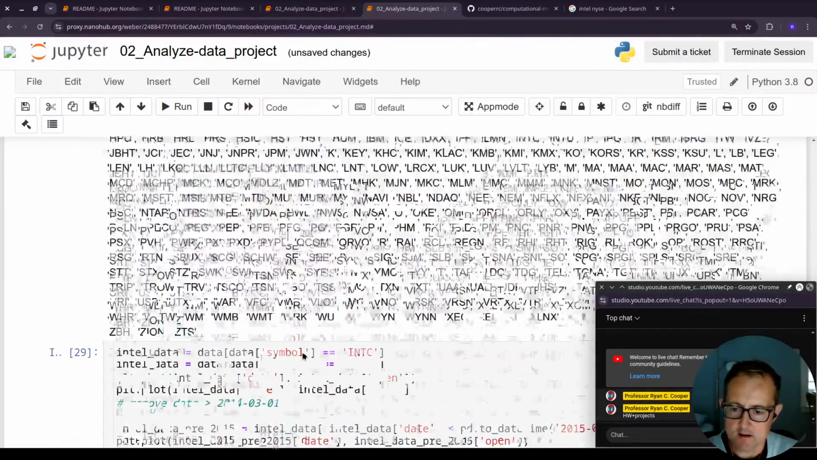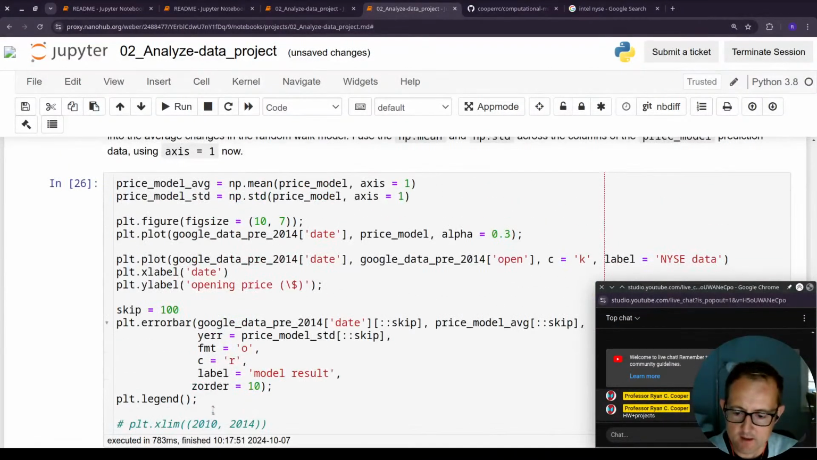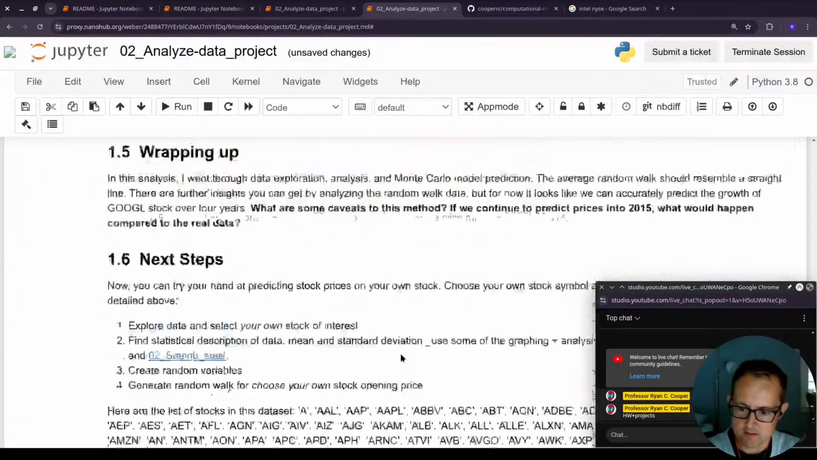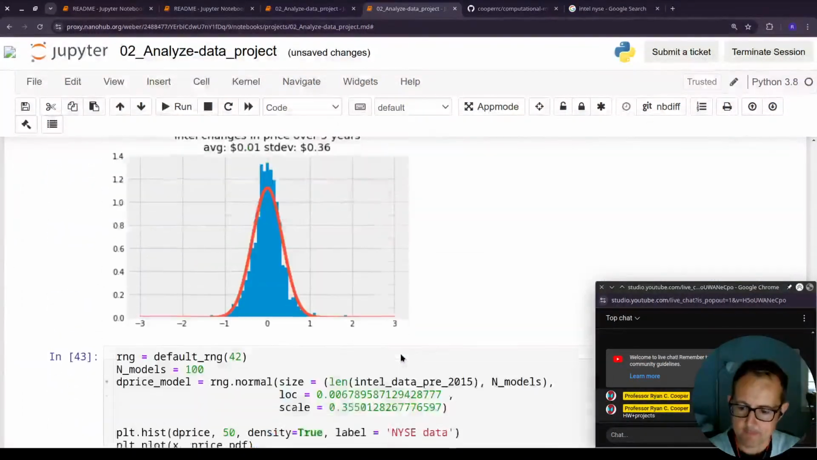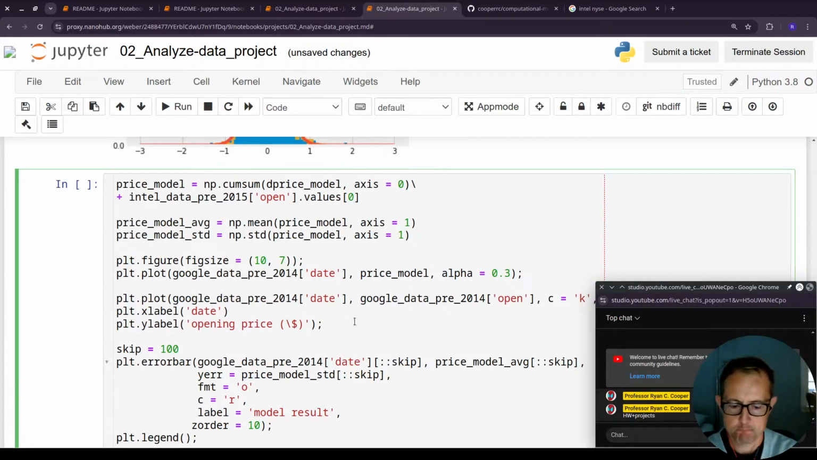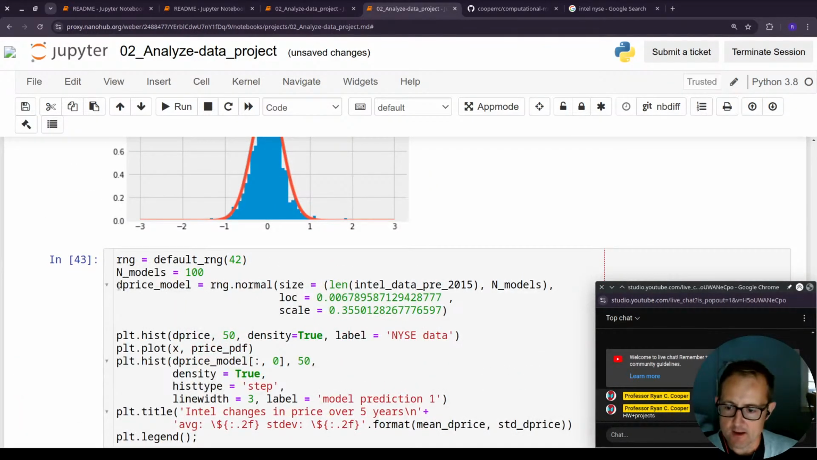And now I'll come back up here and I want to grab this so I can look at that same kind of error bar plot. Just like that. And right now I'm doing cumulative sum of that D price model, which is what I set up here